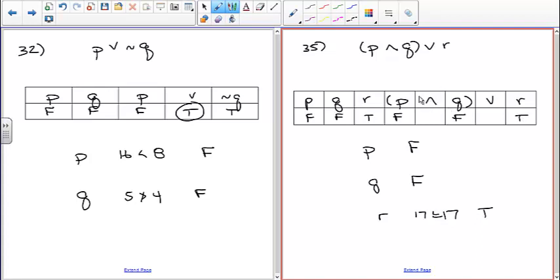You do the AND operation first. So P and Q, for this to be true, both of them have to be true. Because they're both false, it's definitely false. And then what you do is you compare this truth value with that truth value using the OR operator. So we have false as a result of this